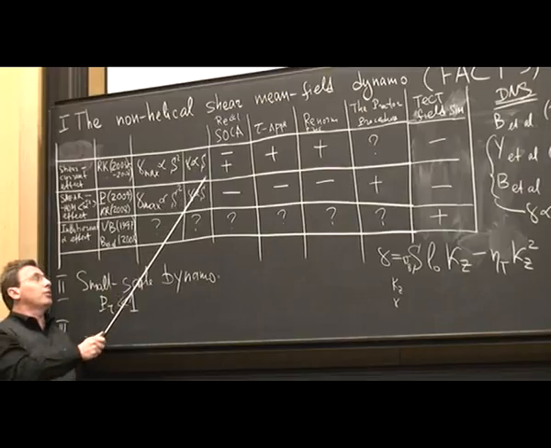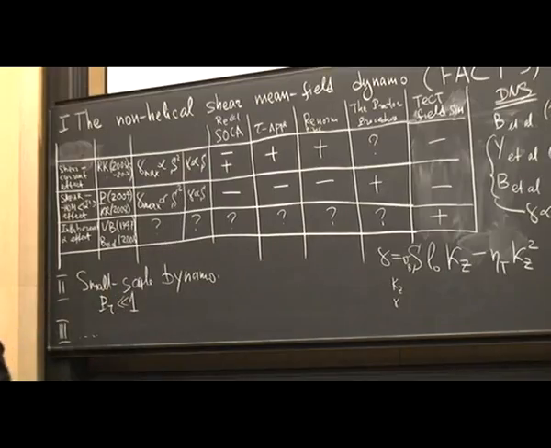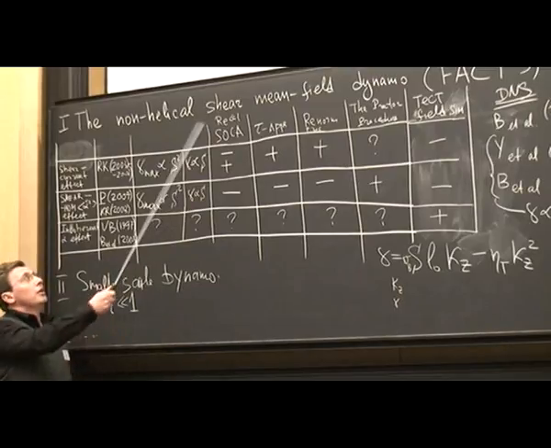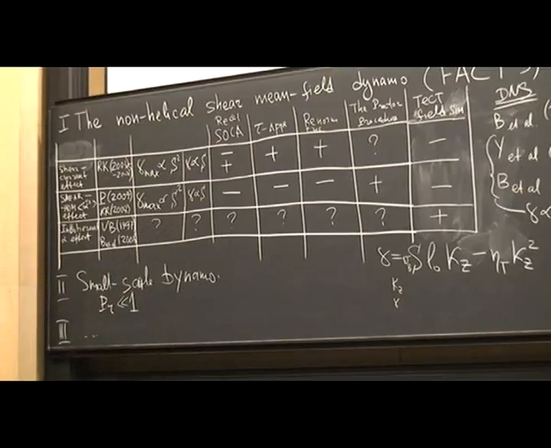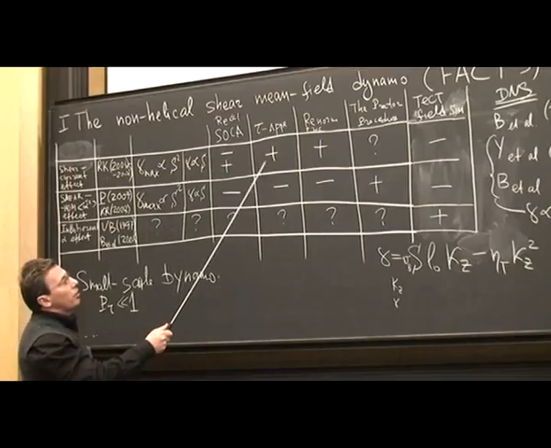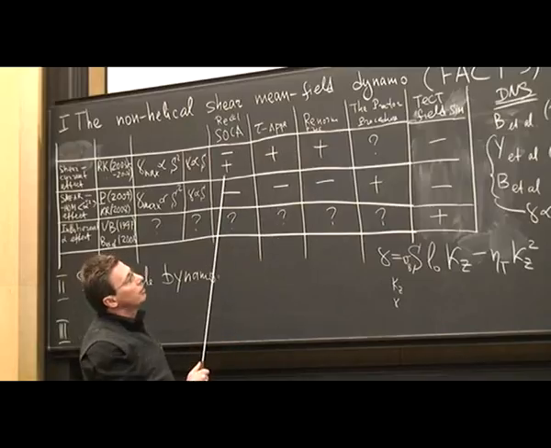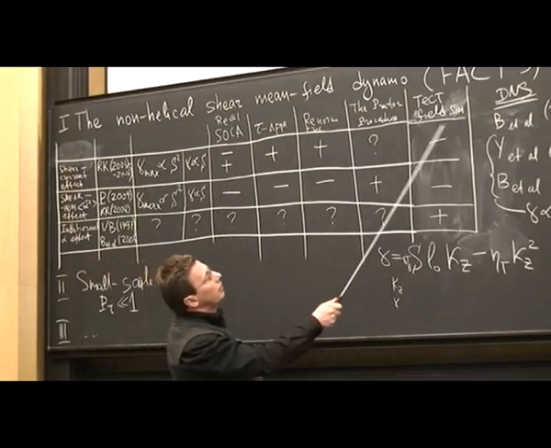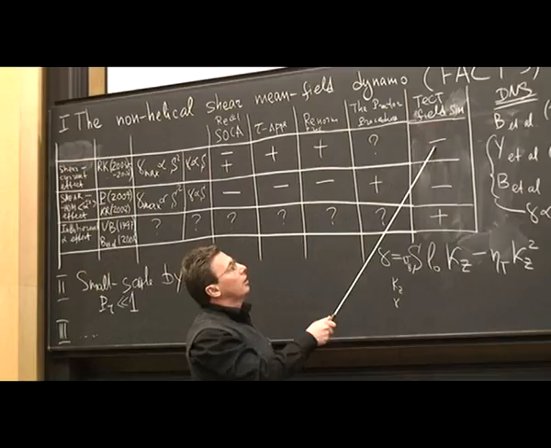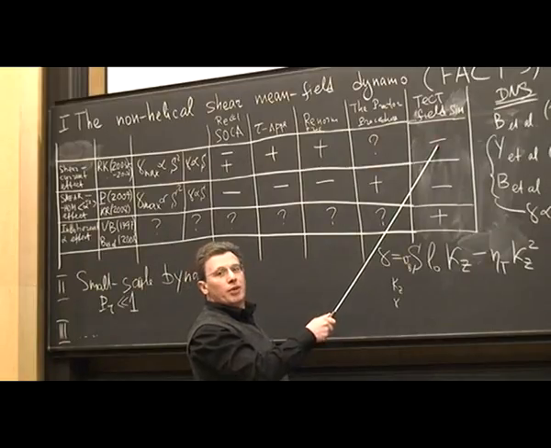Rüdiger and Kitchatinov studied this effect, and Rüdiger's recent statement was that even at small Reynolds number and small Prandtl number, this effect exists. Our preliminary studies also confirm this already. The tau approximation and the generalization procedure found that this effect exists, and test field simulations in the range of parameters haven't